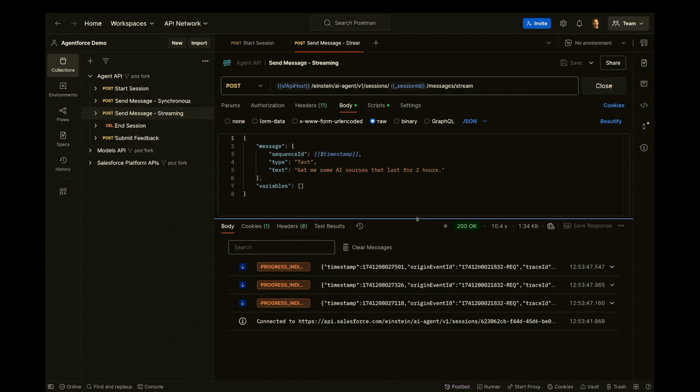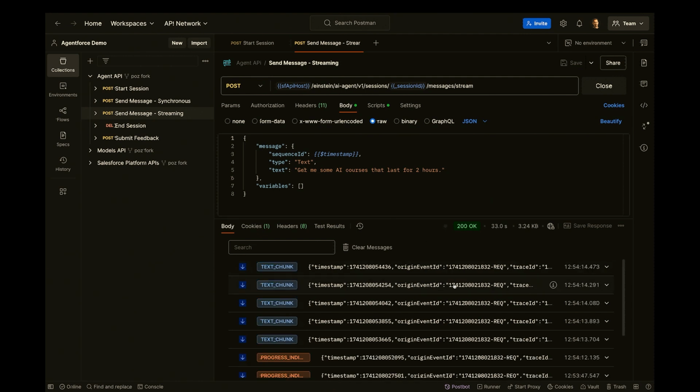And you can see here already I have some progress indicators that are showing me custom loading messages for my actions. Now, if we wait a bit more, we're going to see text chunks from the response come up. Here we're already 20 seconds in, and in a couple seconds we should see the extra messages come in. Let's see, there we go, one more progress indicator, and then text chunks.